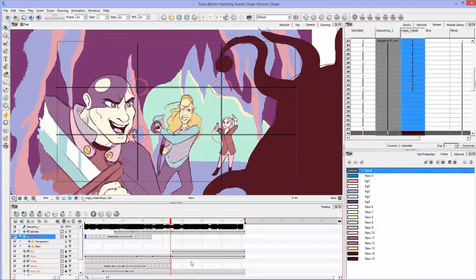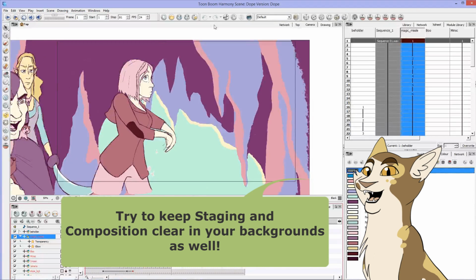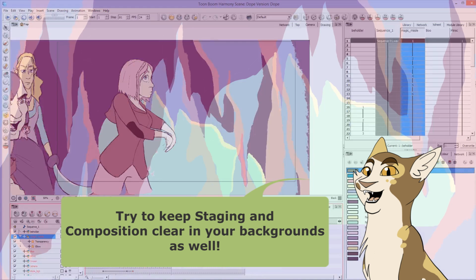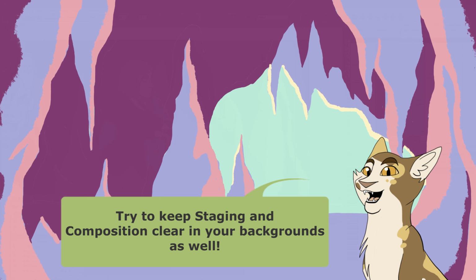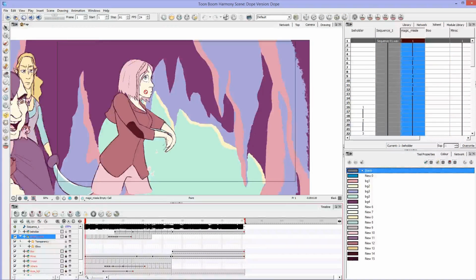Now, staging isn't just about composition, though. Staging also can talk about your setting. Is the setting clear? For my setting, I have my characters in a cave or in a dungeon-like place. If you've played Baldur's Gate, they're specifically in the Underdark. Is it clear? You just kind of ask yourself all the questions that should be obvious to an audience if